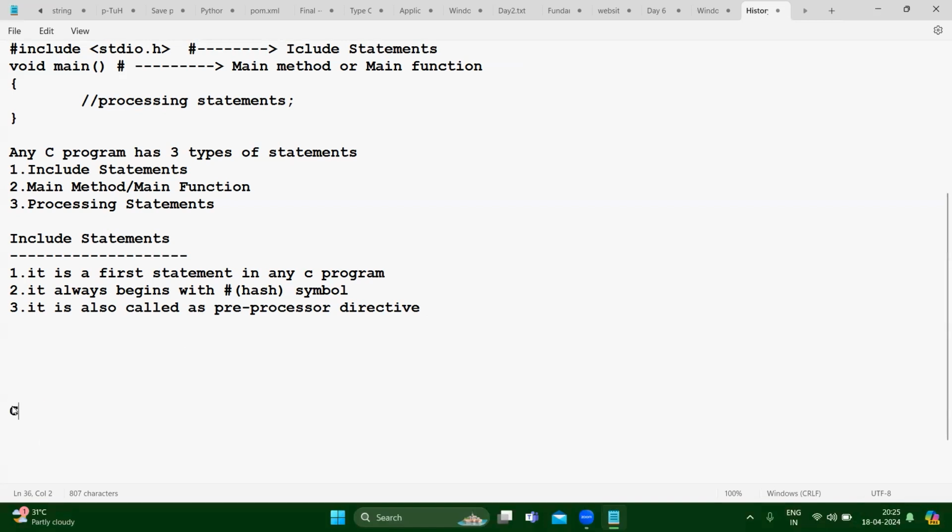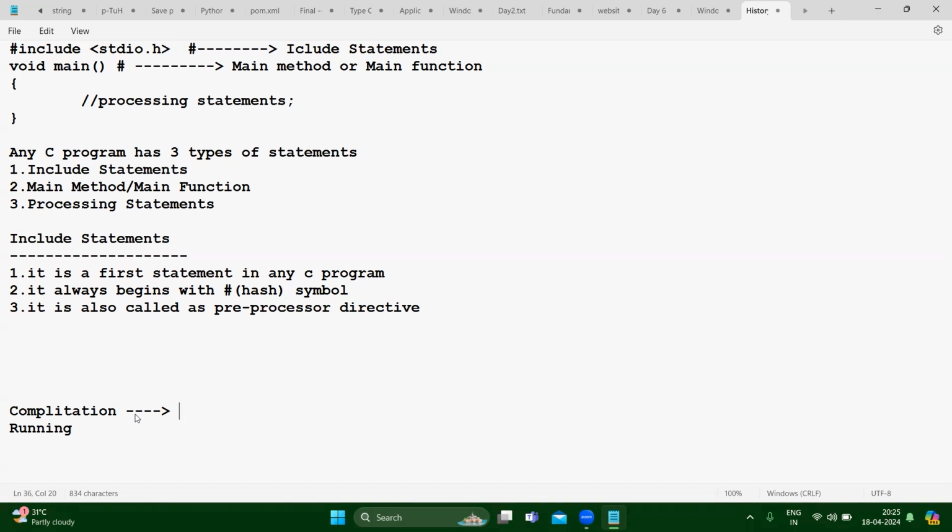So here there are two things. Actually, the compilation process will be done, and running. Compilation means, before the execution of the program, your program will get compiled first, right?